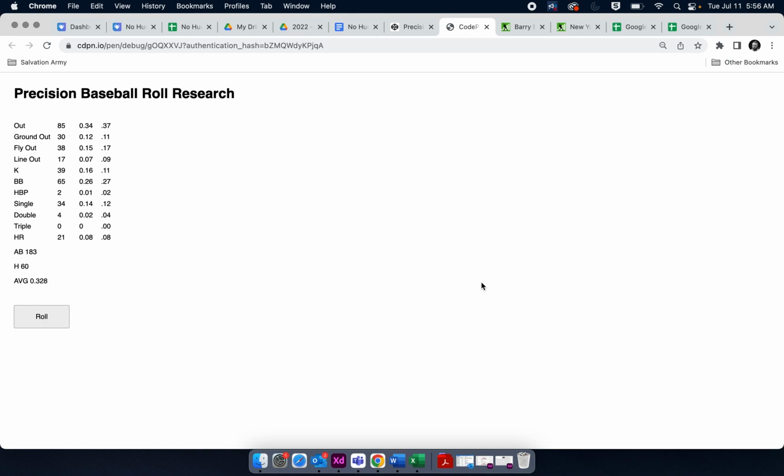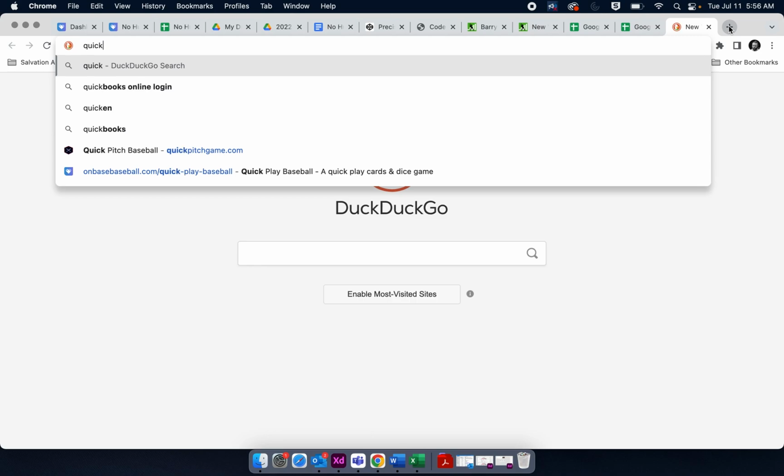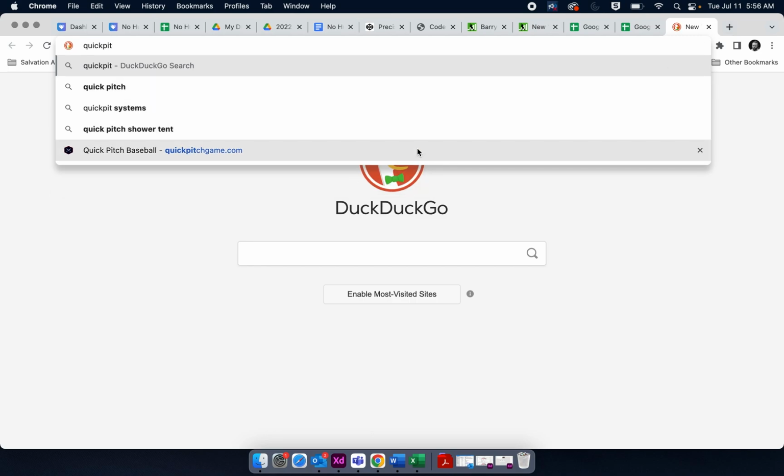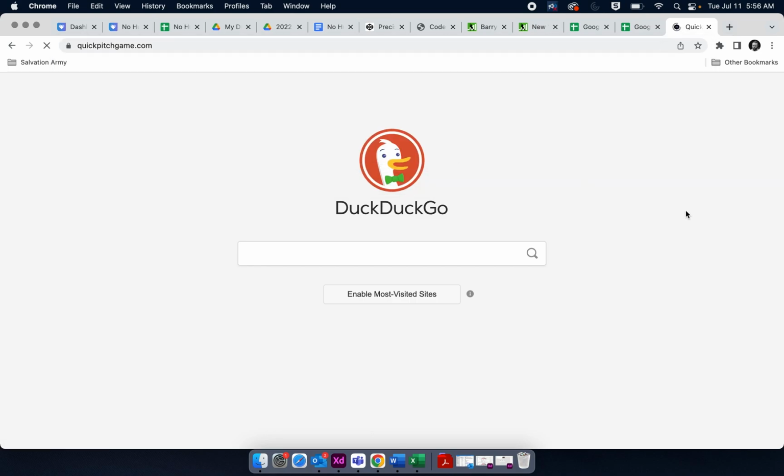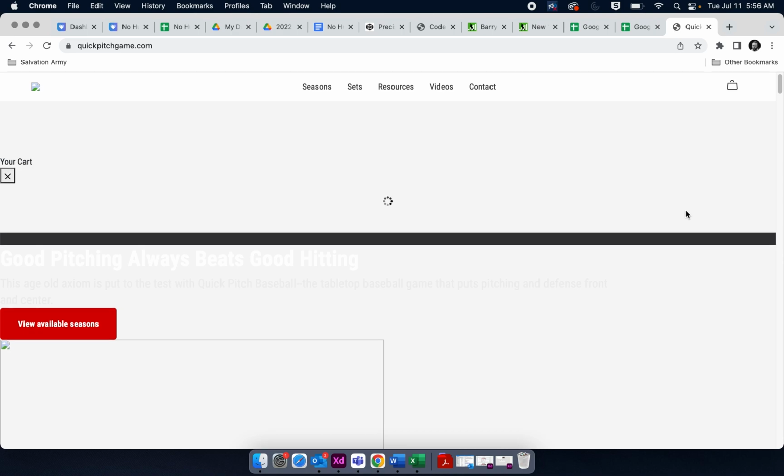But that's essentially what I did with Quick Pitch Baseball, which is one of the games that you can pick up actually for free. You can get entire seasons for free of Quick Pitch Baseball, and it's based off of the same thing, which I guess if you look it up, you can see on the home page that it's based off of